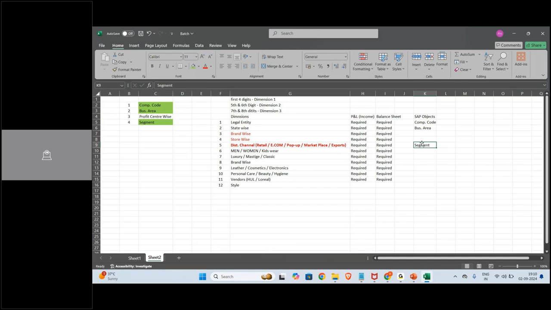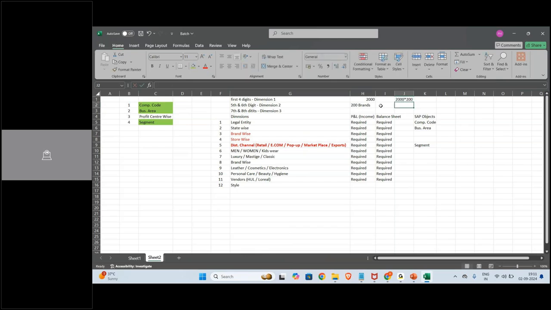Now the next thing they are saying is they have 2000 stores in India. How many stores they have? 2000 stores, correct? And then they say I have 200 brands. If you go with this logic, how many profit centers will you have to make? If every store sells 200 brands and you want to measure the profit, then it becomes 2000 into 200.